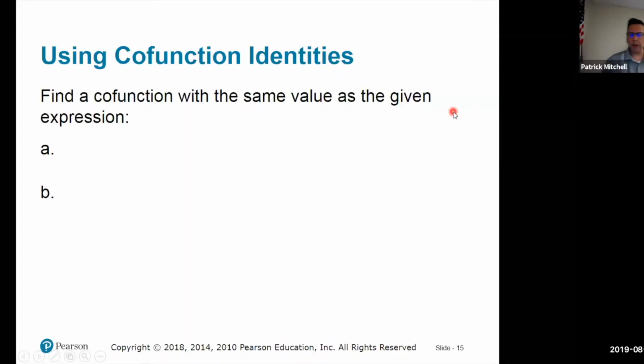All right, so here are two examples of using the cofunction identities. They want me to find a cofunction that has the same value as the given expression. The first given expression is sine of 46 degrees. When they say find a cofunction with the same value, they mean write the cofunction. So of course for sine, that's cosine. And then plug in the complementary angle. So you're not going to put 46 degrees. That's not going to be the same thing as the cosine of 46 degrees, but it will be the same thing as the cosine of